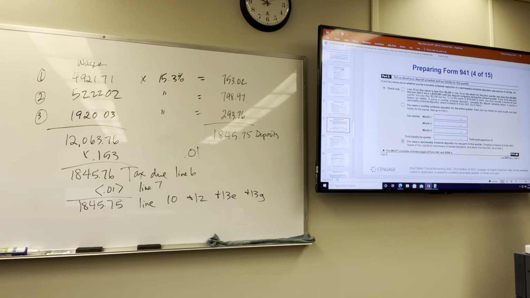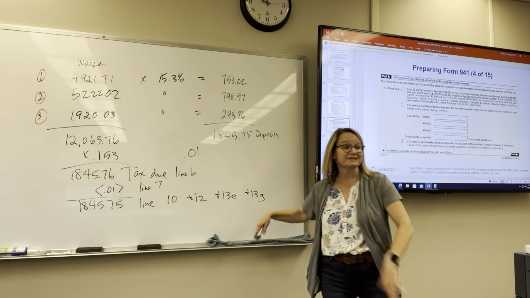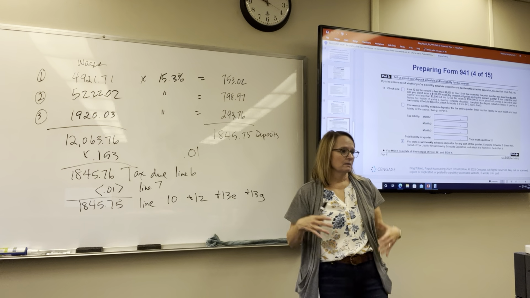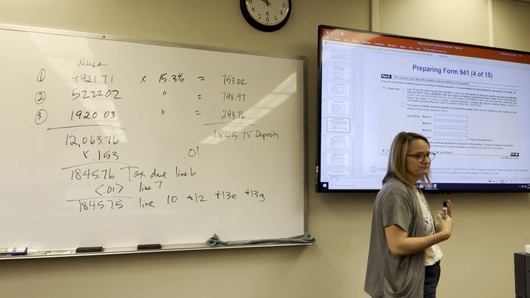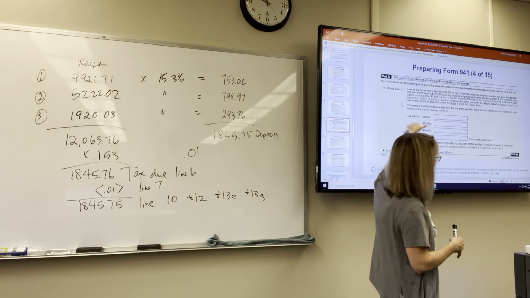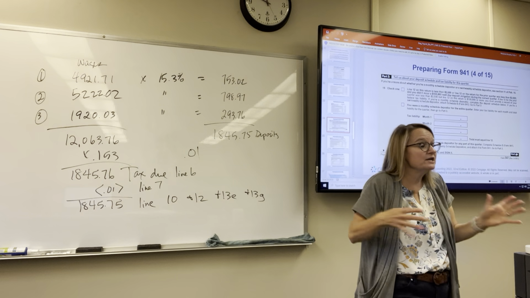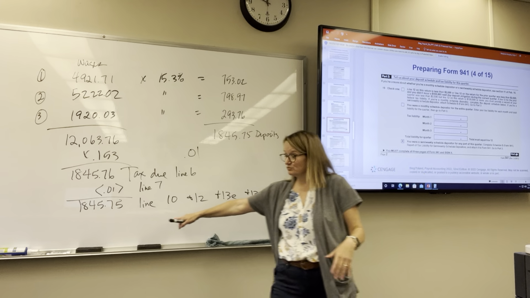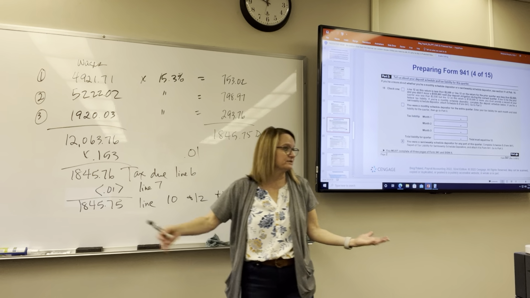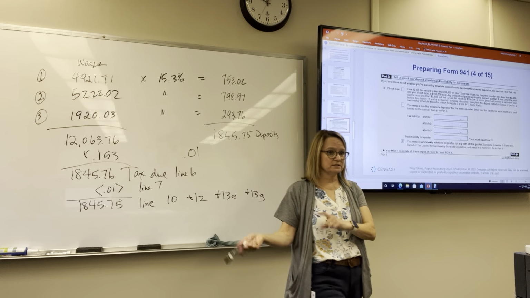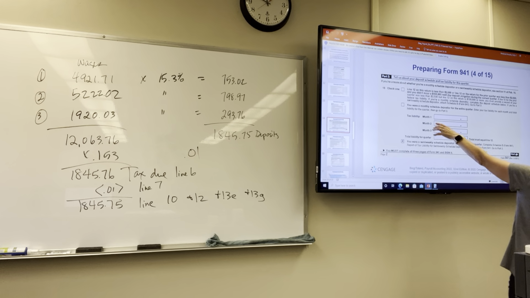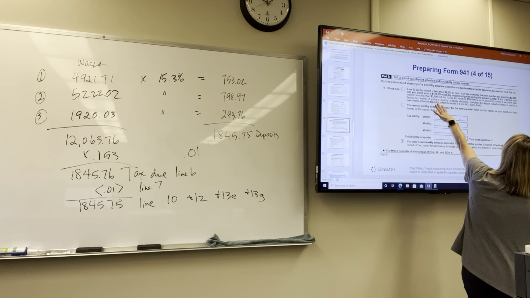So they're giving you an opportunity. Maybe this was over 2,500 this time, but last time it was under 2,500. Well, your deposit schedule wouldn't have changed. You still would have been a quarterly depositor. You didn't know until you got to the end of the quarter that that amount was going to be over 2,500. So that's why they're saying, we'll look at last quarter to see where you stood, and then we'll look at this quarter as well. So if either one of those is less than 2,500